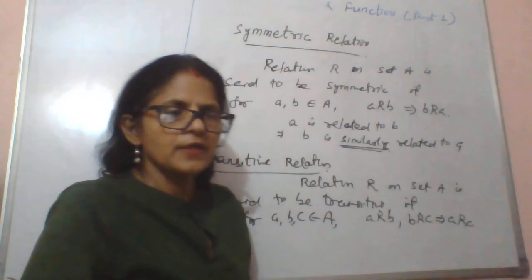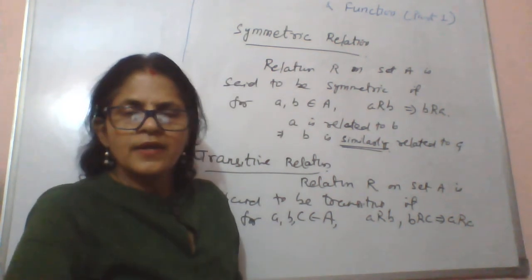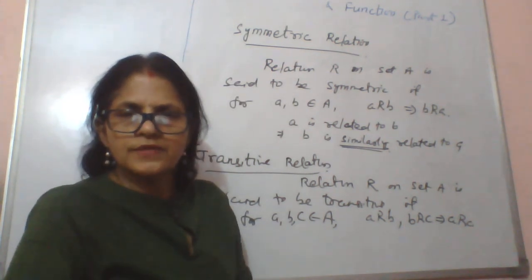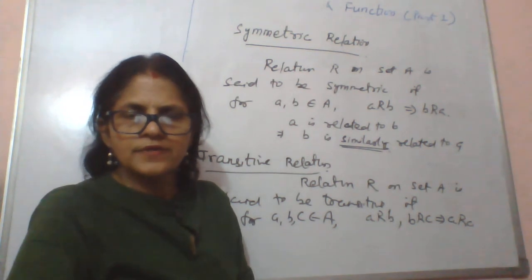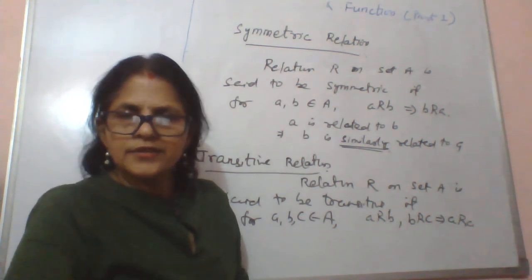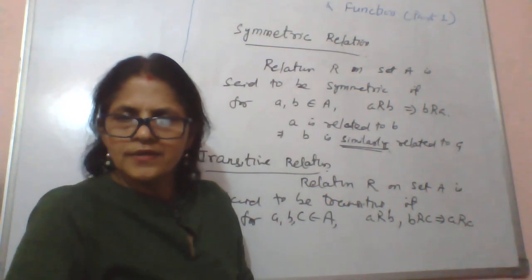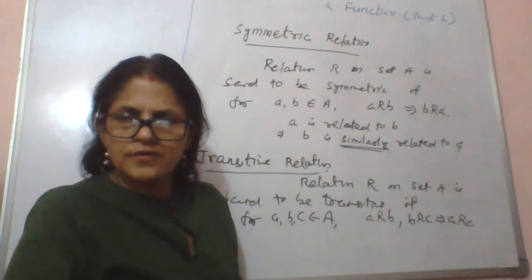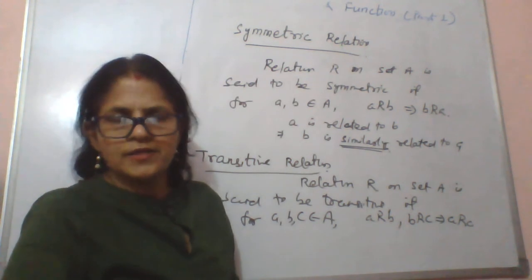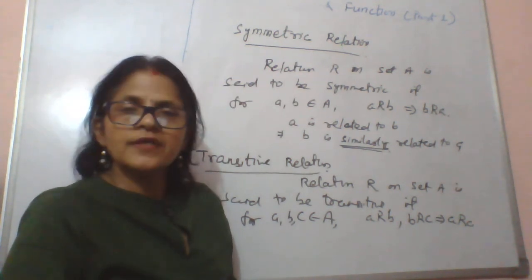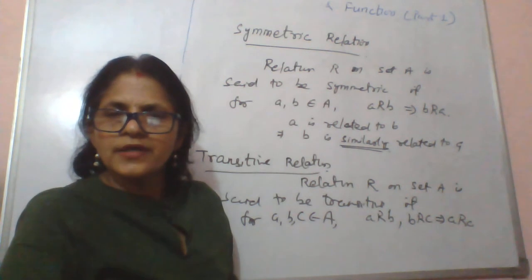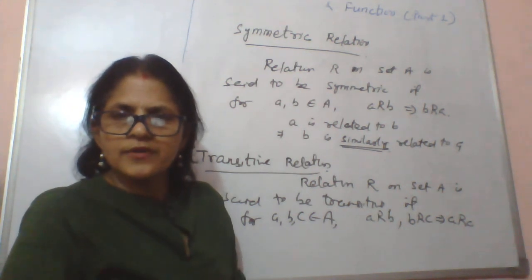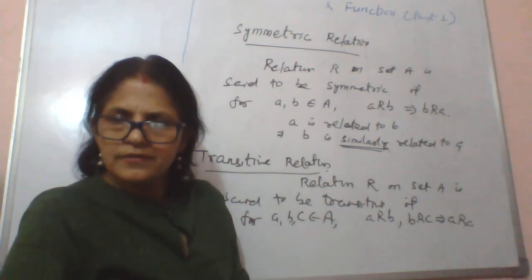Okay, for example, if we take three numbers, A equal to B, B equal to C, it means A equal to C, and also A greater than B, B greater than C, so A greater than C. So here greater than, which was not reflexive and symmetric, is a transitive relation. Similarly, A smaller than B, B smaller than C, so A smaller than C. So greater than, smaller than are neither reflexive nor symmetric, but transitive.